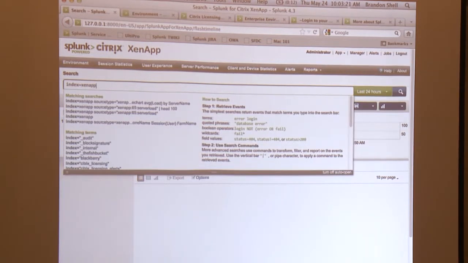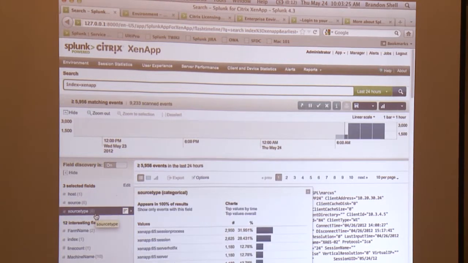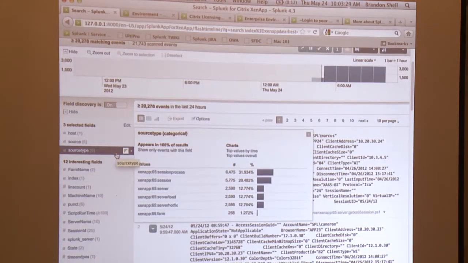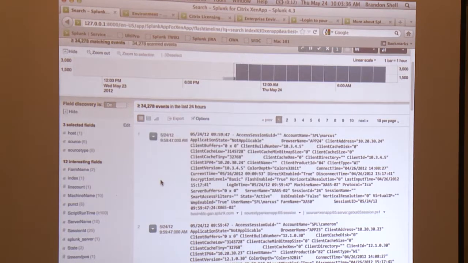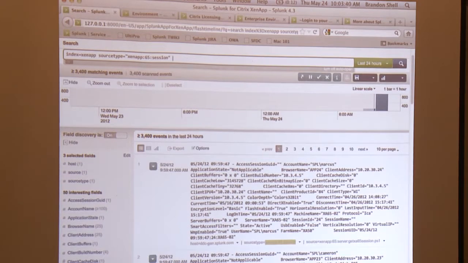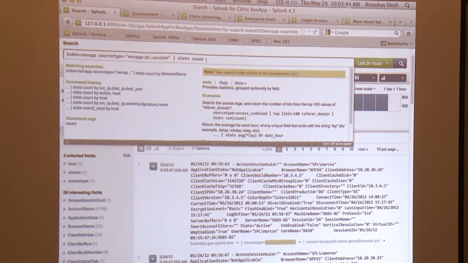So we're going to go back into Zen App. We're looking at source types. We want to know what applications users are using. So we're probably going to want to get session data, right? Because we want to get all the sessions and see what applications are being launched in those sessions. And then we want to say, all right, let's see stats count. So it's a Splunk command of